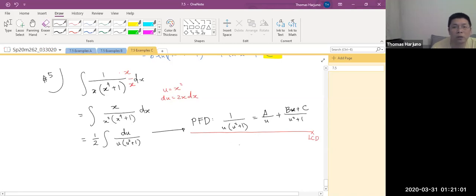We get 1 equals a times u squared plus 1 plus bu squared plus cu. Apparently from here, when you look at the constant, on the left hand side is 1, on the right hand side is only a. When I look at the u term,